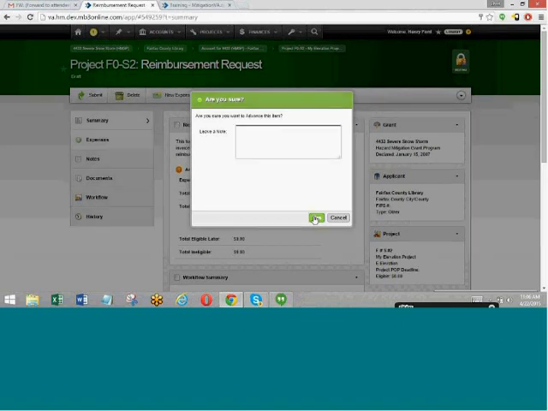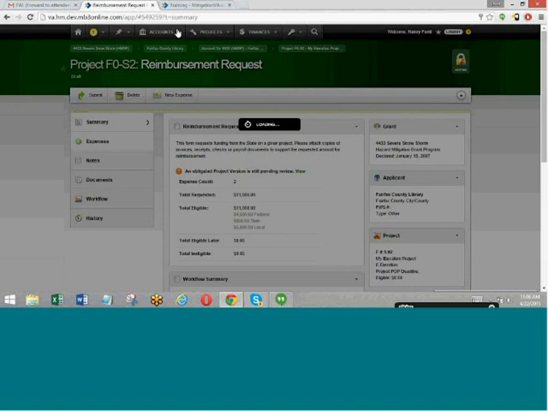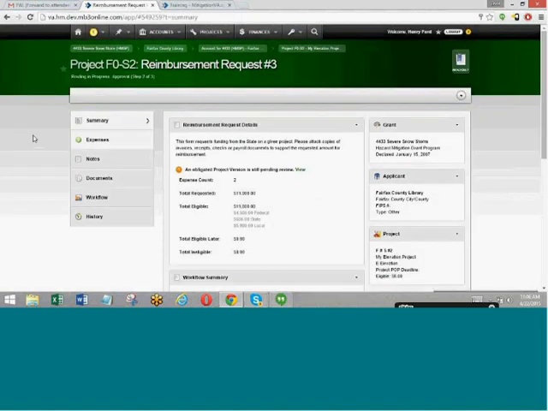And now that reimbursement request goes to the state for processing. As you can see right now, it's in step 2, which is the approval step. BDEM will be notified of this reimbursement request when you submit it. Somewhere on their side, they'll open it up, they'll look at the documentation, etc. They'll do whatever their internal process is. And when this reimbursement request gets approved, it will result in a payment trigger. That payment trigger will then be picked up by the finance side, and a payment will be processed, and you receive your payment based on what was deemed to be eligible. So that's the reimbursement request process.